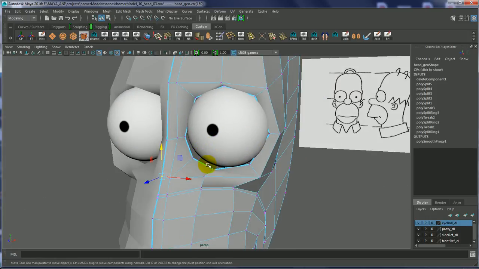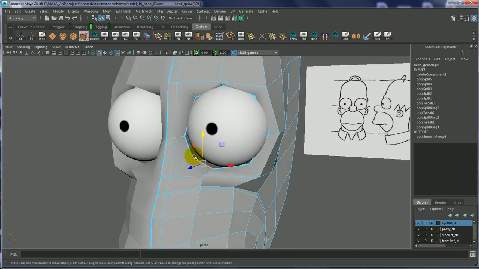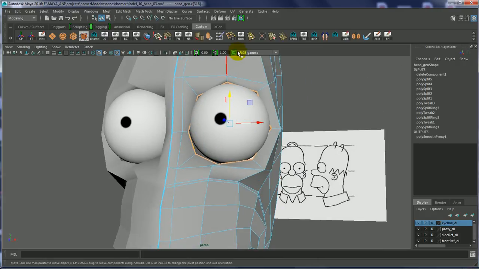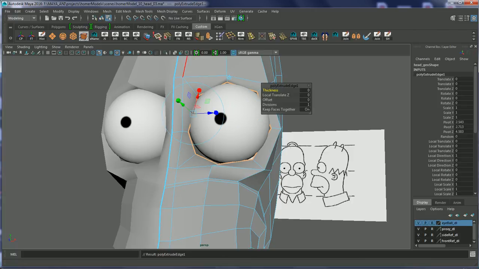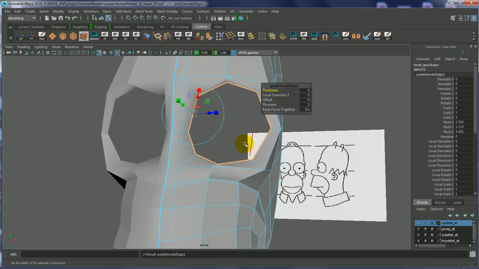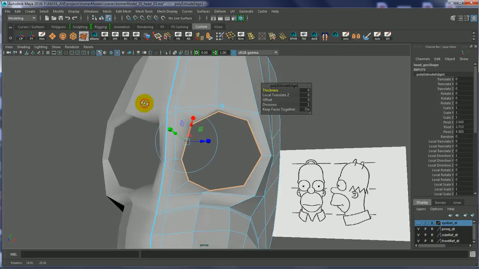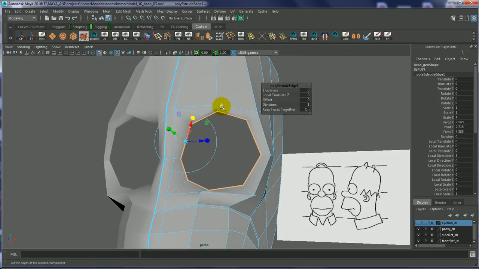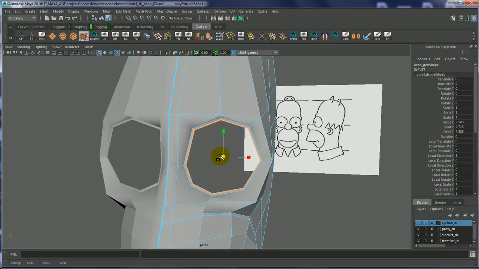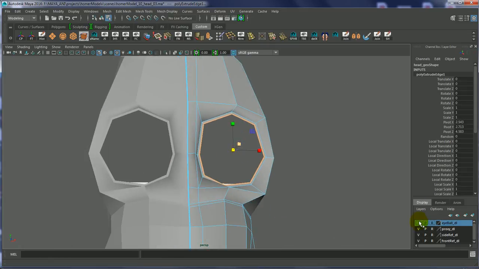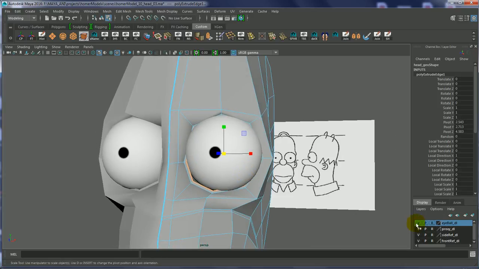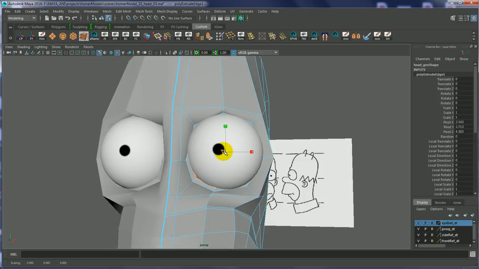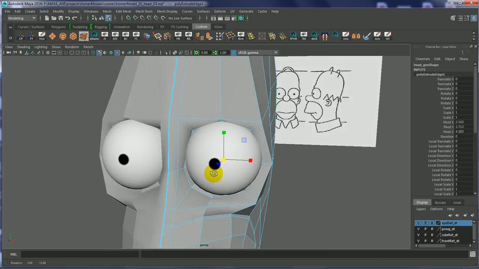And I'm going to take the border edge. So double click that. And I'm going to extrude. So Control E to extrude the border edge. Maybe just hide the eyeballs for a minute so we can see what we're doing. I think I might just scale them in a little bit because there was an awful lot of space. So I'm just going to hit R for scale and just scale those in slightly. And then let's see what that does for the eyeballs. So maybe even a bit more. So kind of want to close up any kind of gap we might have,